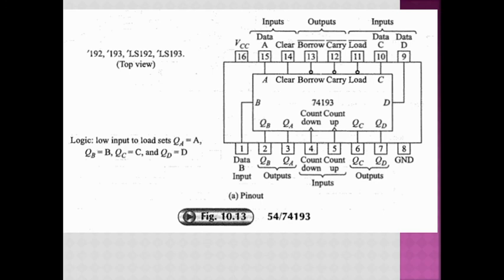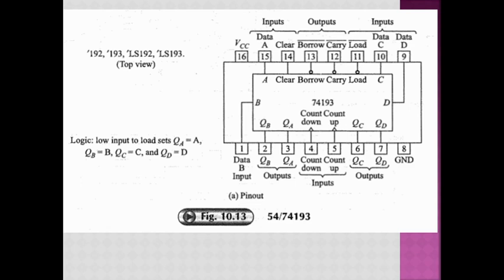Pin number 4 and 5. You can see that here they are given as 4 and 5. So when you are operating the counter in count up mode, the system clock should be applied at pin number 5. On the negative edge of the clock pulse, the flip-flop is going to toggle. But here the bubble is absent. It means that this counter is toggling on the positive edge of the clock pulse, because inside the IC, before the clock pulse is available to the flip-flop, it is inverted, since a NOT gate is present inside the IC.